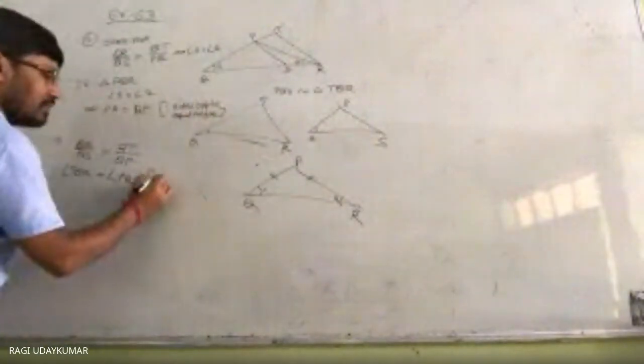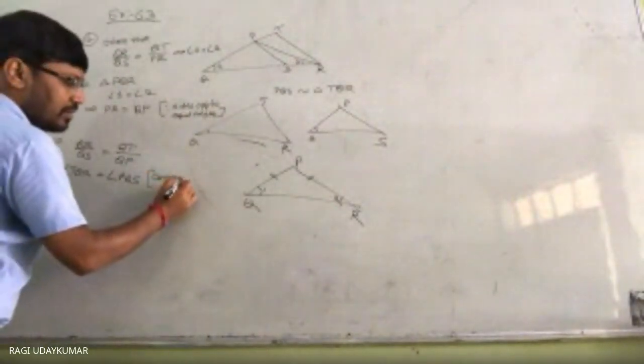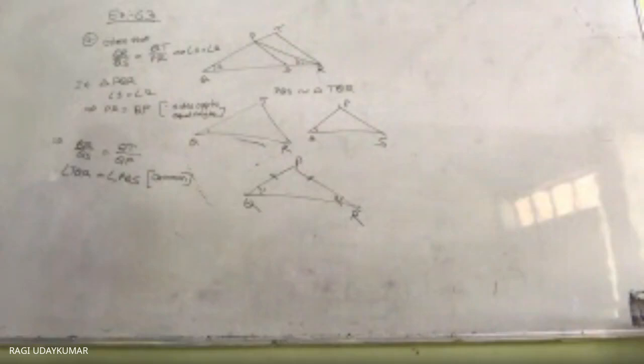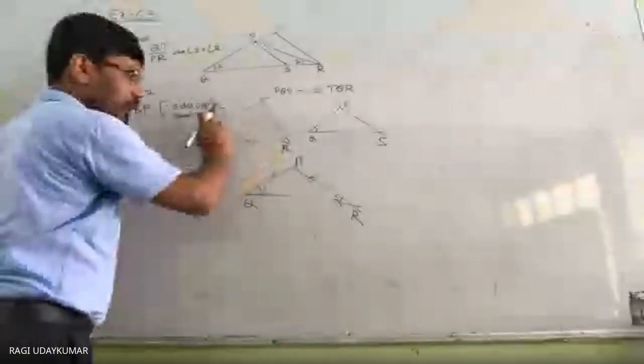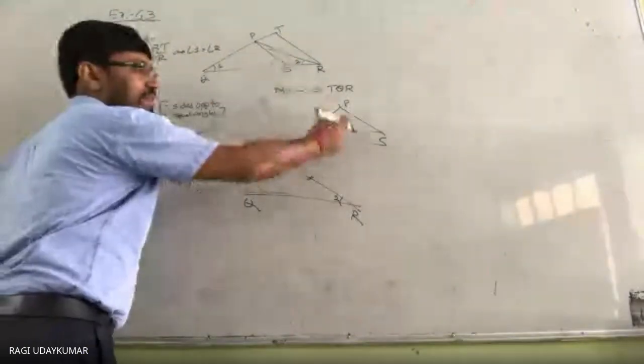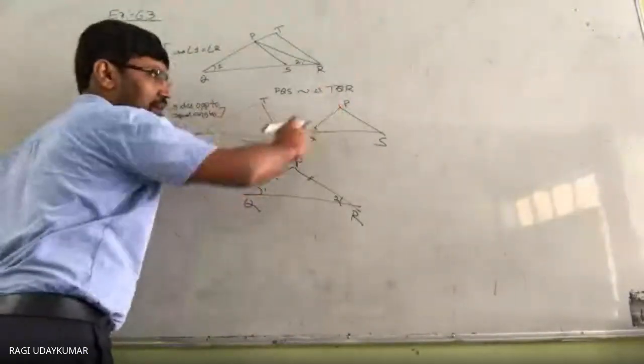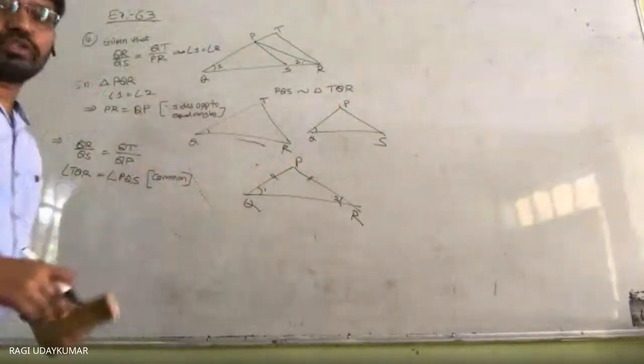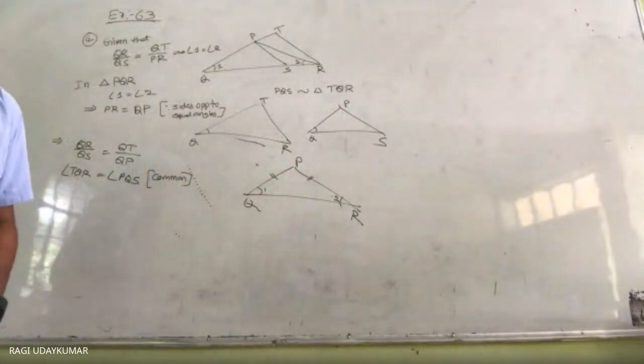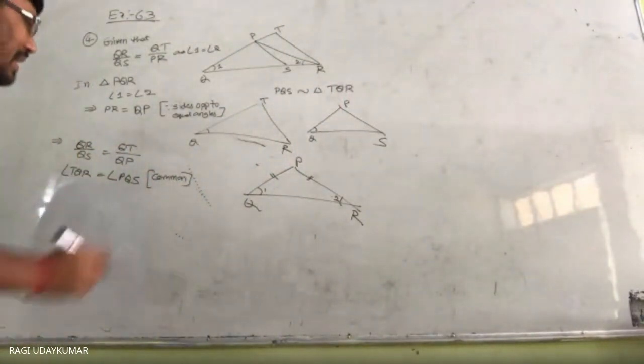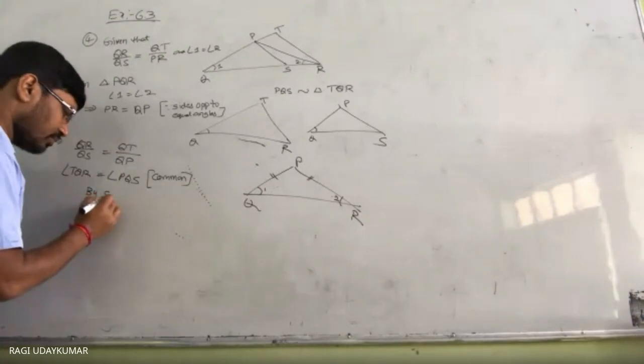Why? Because this is a common angle. So two sides of the one triangle and the included angle are equal to the corresponding, means two corresponding sides are in proportion and their included angle is equal. So therefore you can say by SAS criterion,